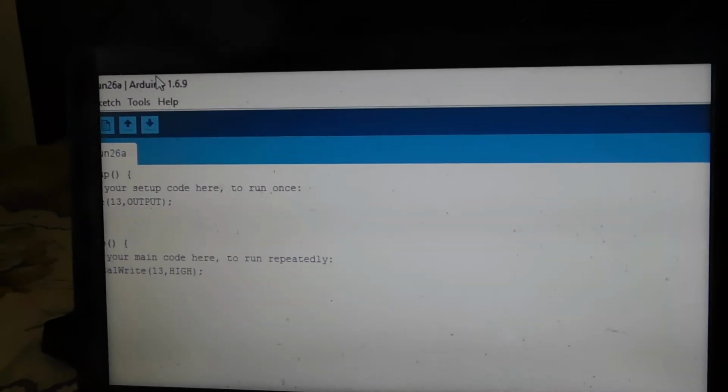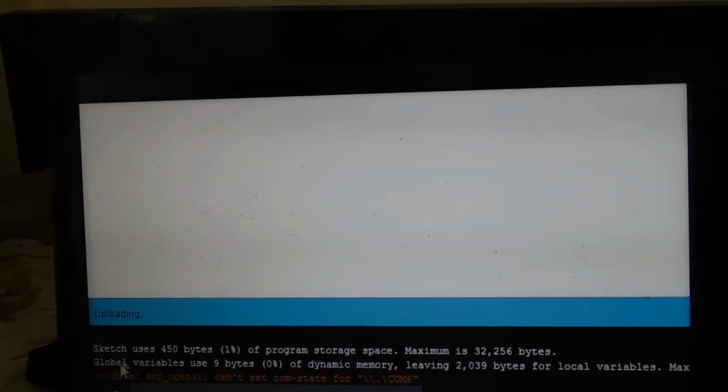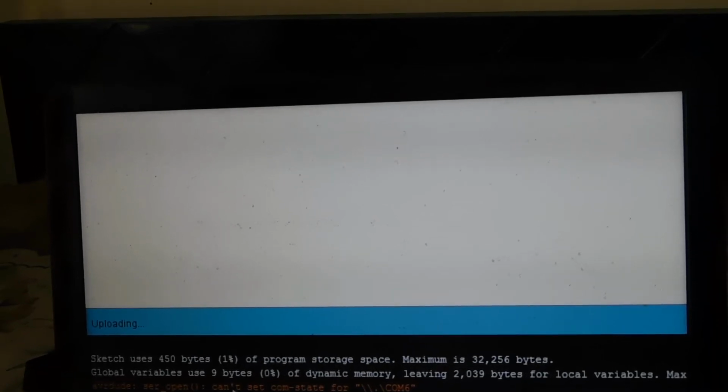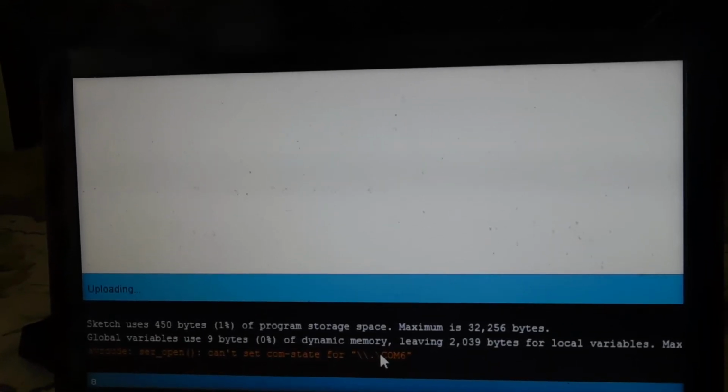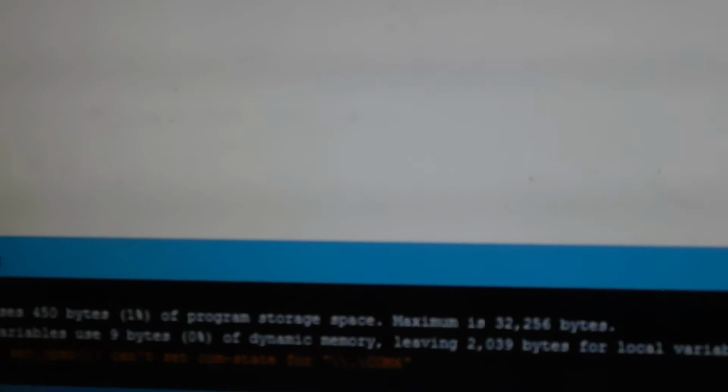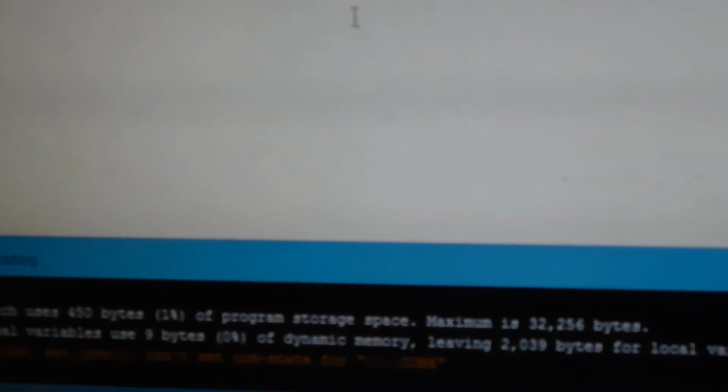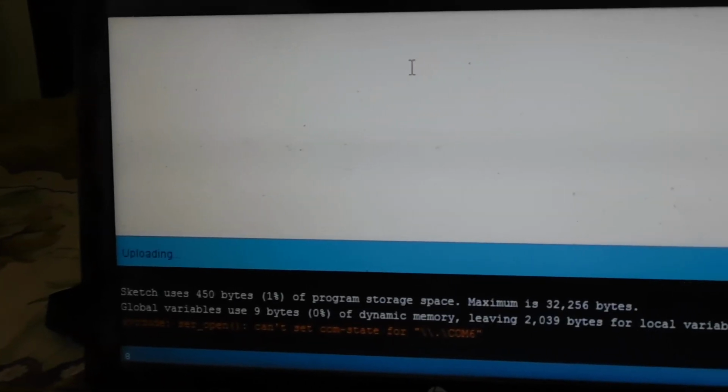Now, that's what I want to show you guys. If you can see, when I actually run this particular thing, it shows a com state for com6 leverage dynamic memory something. So what is this? Just be sure, it will actually come across many times with you.